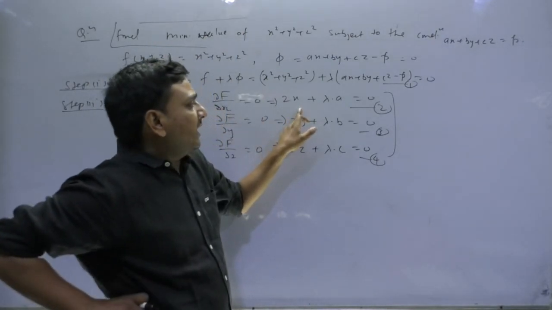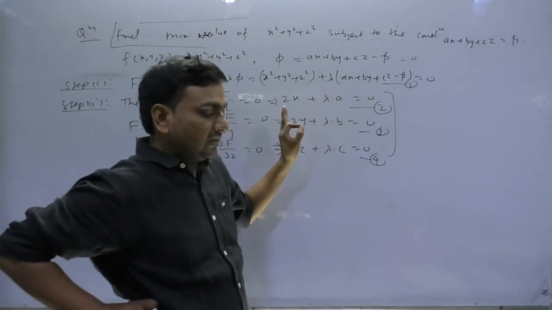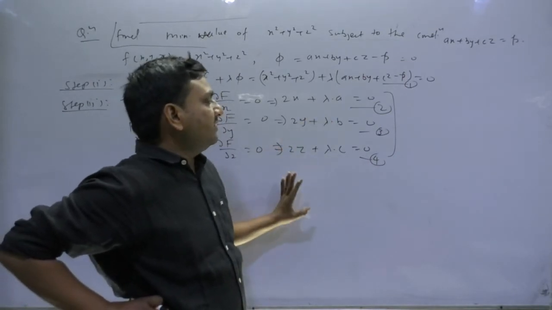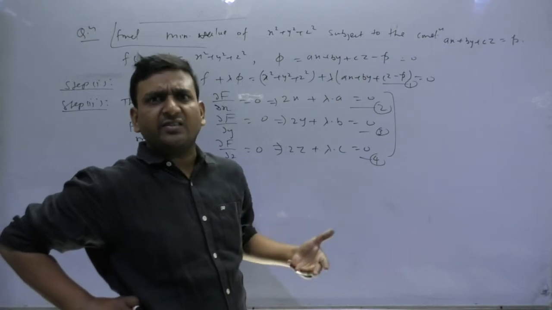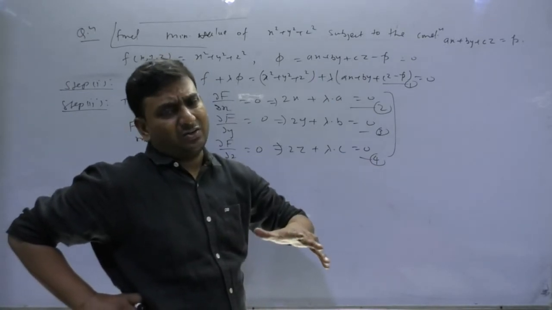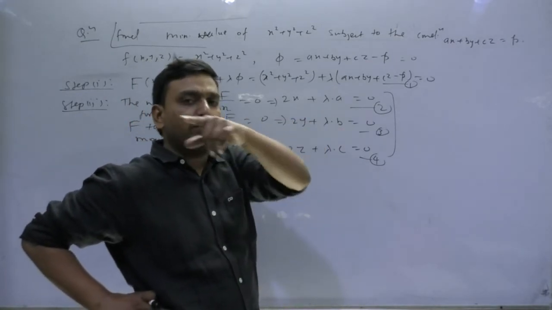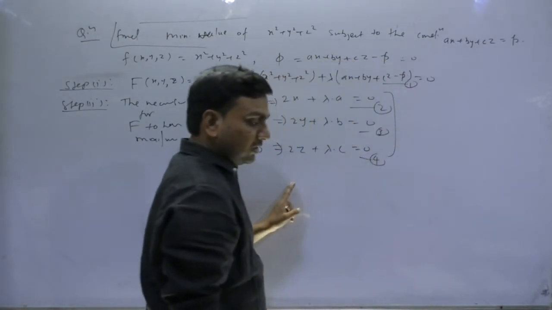So from here what I can do, please be on the board. I want to get the value of x. What, dear? I want to get the value of x. But right now lambda is coming, that is the undetermined multiplier. We need to manage this lambda now. Focus, managing may or may not be possible, but from there only we will have different possibilities.